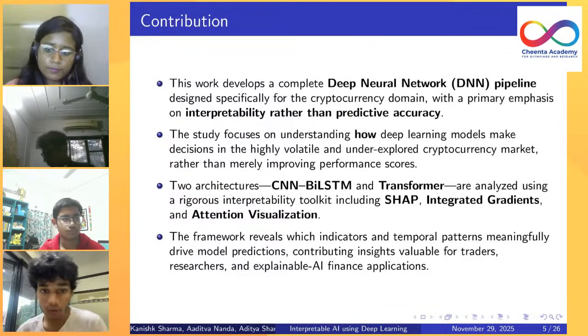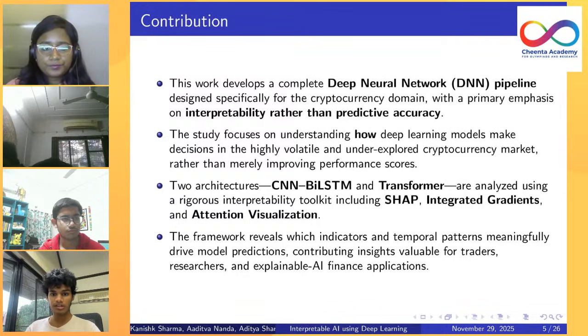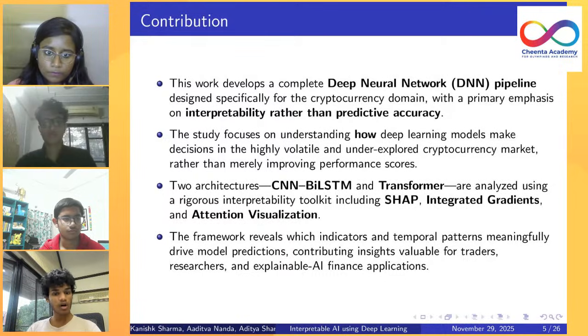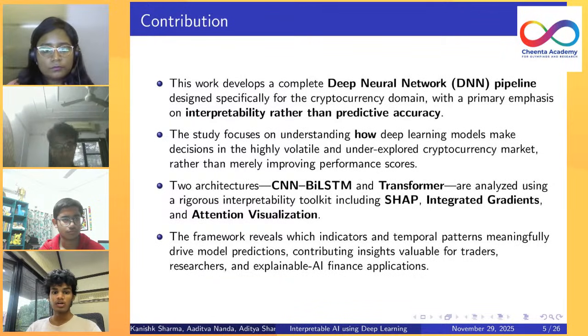So our work develops a complete DNN pipeline, which is a deep neural network pipeline, designed specifically for the cryptocurrency domain, with our main goal on interpretability rather than predictive performance. Basically, understanding how and why the deep learning models make decisions in these highly volatile markets, rather than just improving our performance score. So we've used two architectures, the CNN-LSTM and transformers, which are analyzed using our